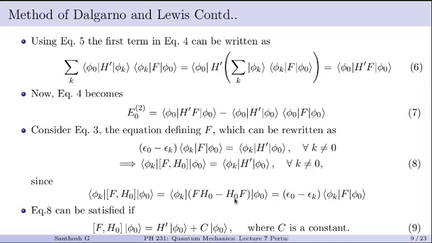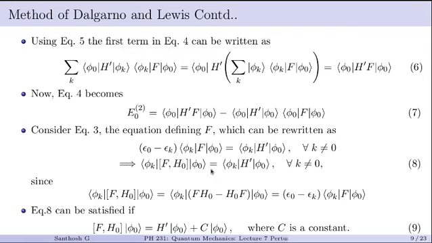Now considering the second term, you have phi k h0, which is nothing but epsilon k phi k, and the second term becomes epsilon k taken outside, then inner product of phi k with f phi 0. It is again the same number, and therefore this will become epsilon 0 minus epsilon k, and then this term. This is exactly what we have over here, and therefore we can replace this by this term. Okay, and the right hand side remains as it is,